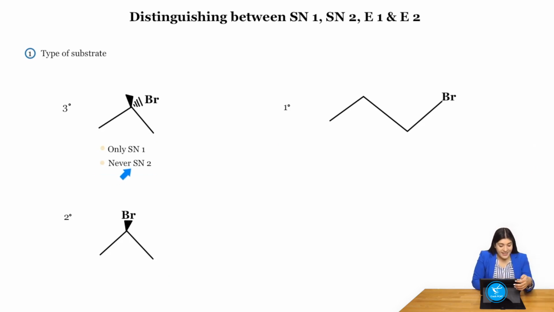And remember, SN2 does not favor a tertiary substrate. So that's why I can just instantly tell, well, this would only be SN1 if this were my substrate. Now, if I were given something that was primary, well, that's the opposite. I don't want SN1 and I don't want E1 since they're